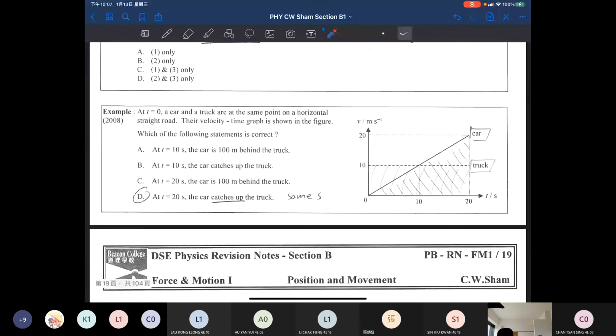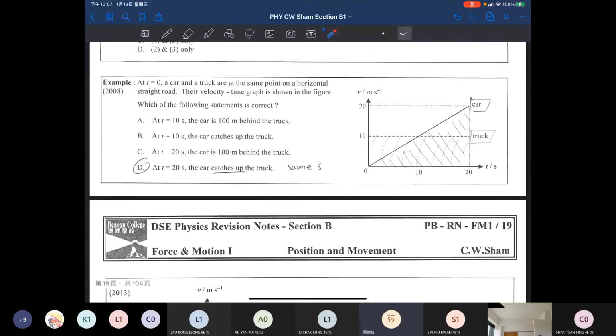At t equals 0, a car and a truck are at the same point on the horizontal straight wall. Their velocity-time graph is shown in the figure. Which of the following is correct? Okay, as t goes to 10 seconds, the car is